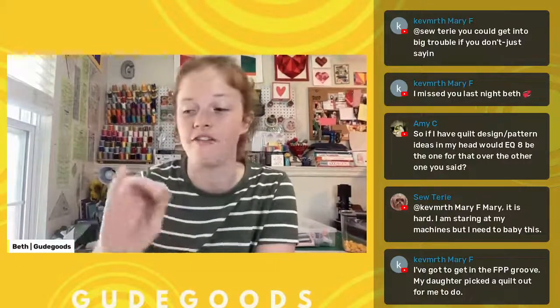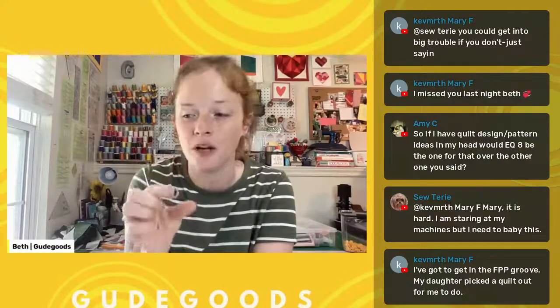Her feed dogs were jam-packed, like they were packed full of little lint. It looked like wool. It was so compressed, just so full in there. And I was like, how is your fabric even pulling through your machine at this point? So anyway, we cleaned her machine, and then when I was putting her machine back together, I put her bobbin